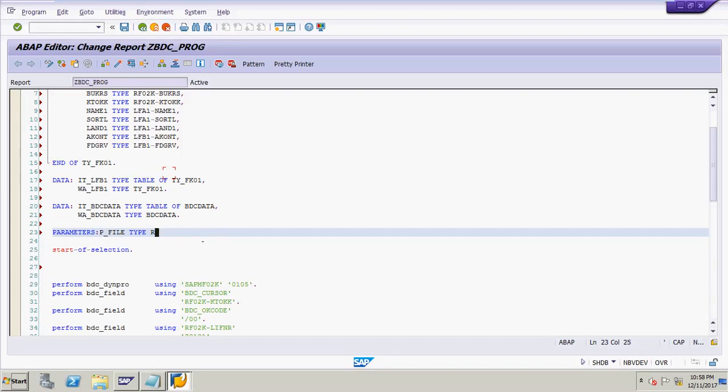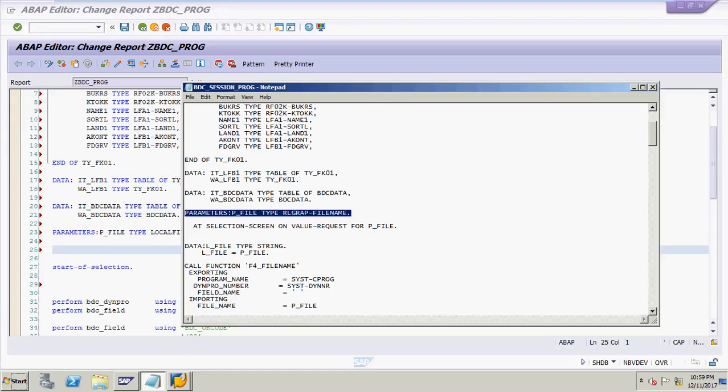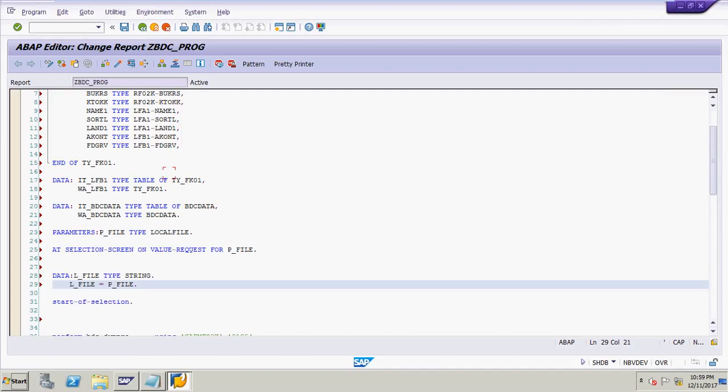Here you have to give some changes, local file. Okay, that's fine. Now press enter, and after that add AT SELECTION-SCREEN ON VALUE-REQUEST FOR p_file.